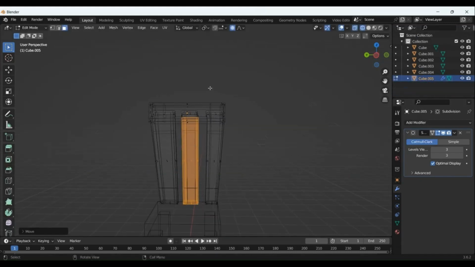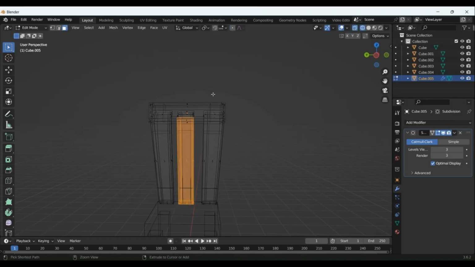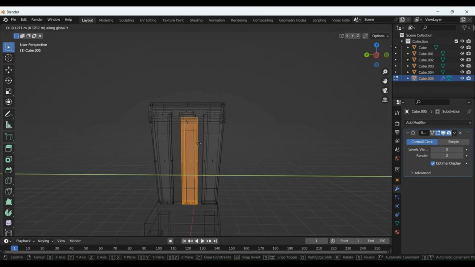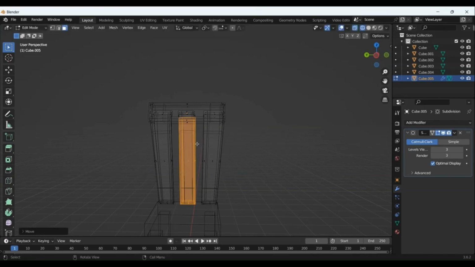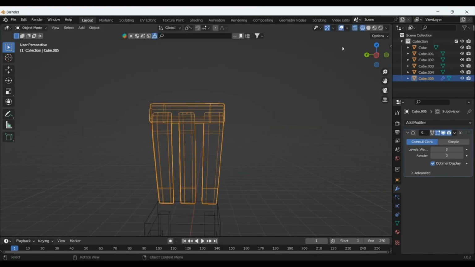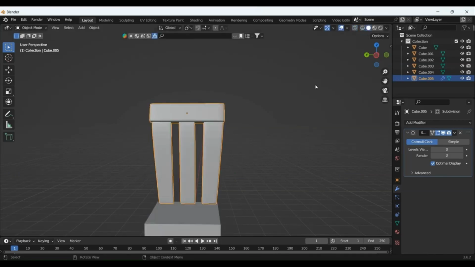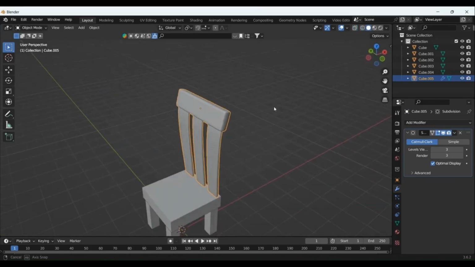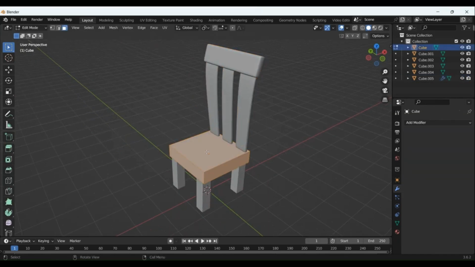So next, tab into edit mode and make sure you have proportional editing on so you can move this over. Make sure it's see through by the thing above options, which is like wireframe. Then move that over by selecting it. Then tab back out